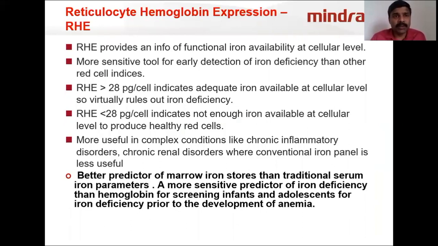So coming to the new parameter, which is the reticulocyte hemoglobin. The reticulocyte hemoglobin expression gives you the availability of functional iron at the cellular level. It's a direct measurement of functional iron availability at the cellular level. So this parameter can be used as an early indicator of the effectiveness of iron deficiency anemia treatment, or it can also be used to predict iron deficiency anemia. The cutoff has been made as 28 picogram. This is a directly measured parameter which will have very little interference compared to some other immunological